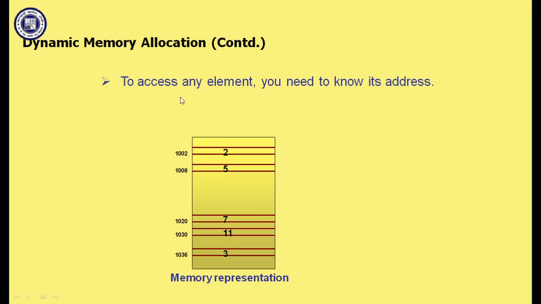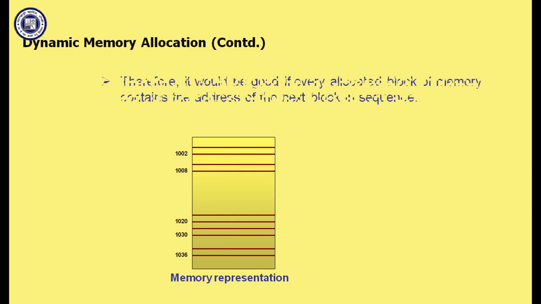So to access any element, you need to know its address first. So this is also a problem. Now how will you solve this problem? It would be good if every allocated block of memory contains the address of the next block in the sequence. Like, we had the first element 2, which is storing the address of its subsequent